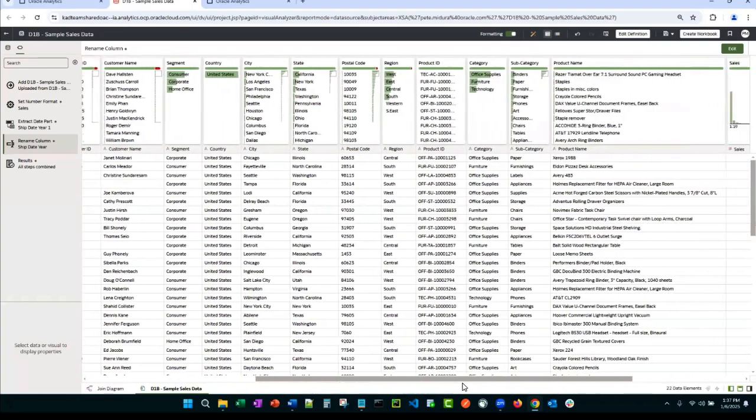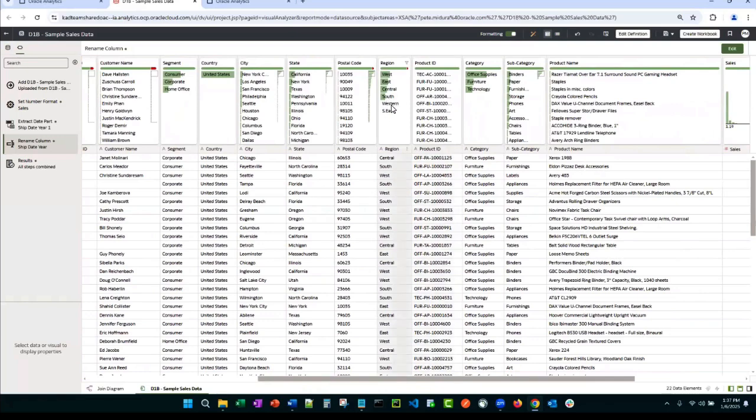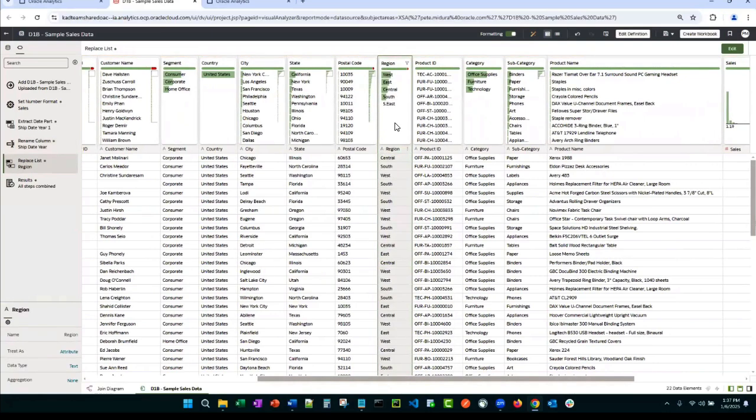Now, a few other little tricks in here I want to show you to help with your data preparation. If I look at region, I know right here, I don't have a Western region. I only have a West region. Well, I can click in there and update it. So there's no longer any Western values. They've all been updated to West. And once again, with Southeast, I don't have that. I have an East.